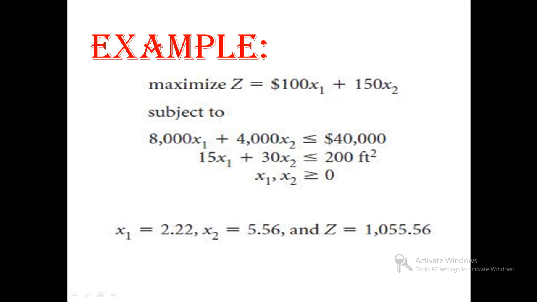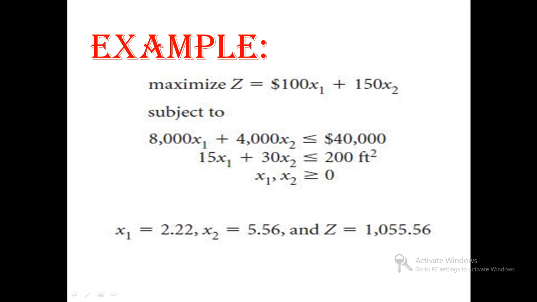Here you can see that there is no integer restriction on the variables, only a non-negativity restriction, and we have found the solution of this problem by the graphical method: x1 is equal to 2.22 and x2 is equal to 5.56,